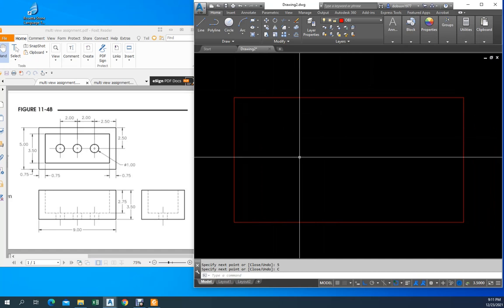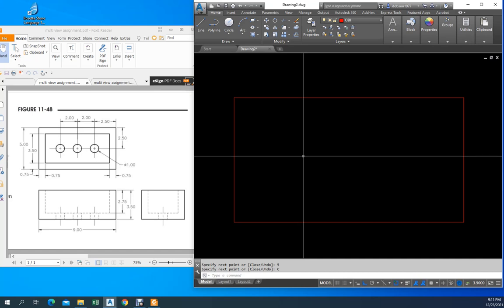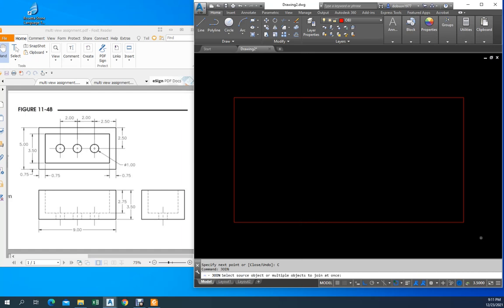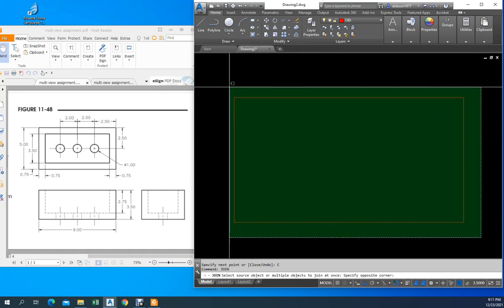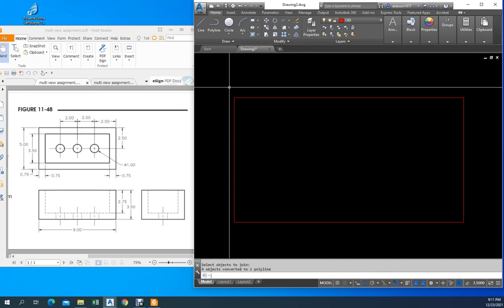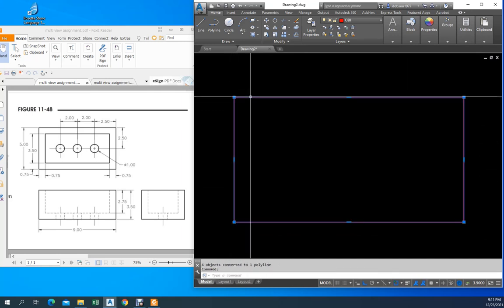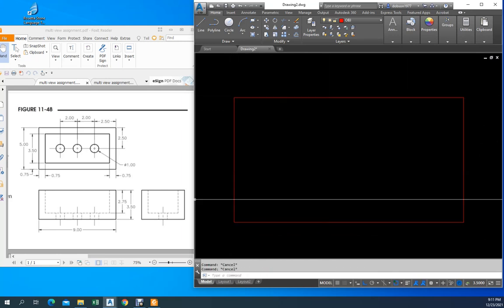Now here you can have a couple different things. What I'm going to do right now is type join, enter, and join all of these together to make one object, enter. As you can see, it's all one object, and the reason I'm doing that is because this distance, this rectangle